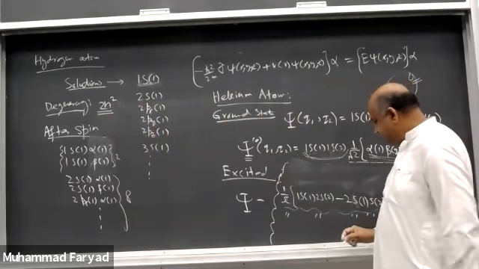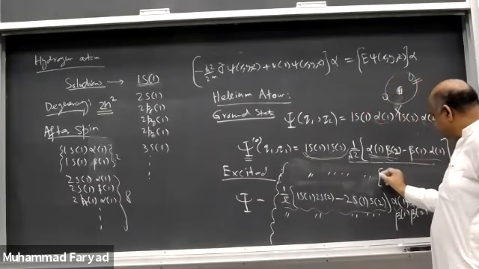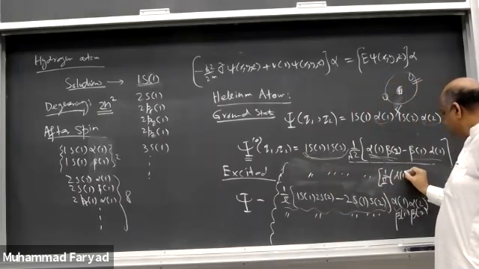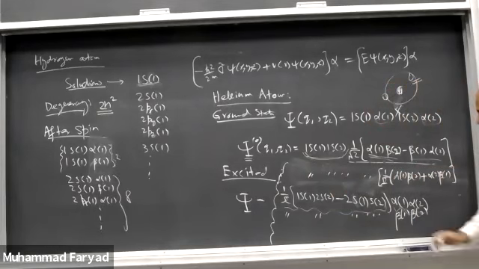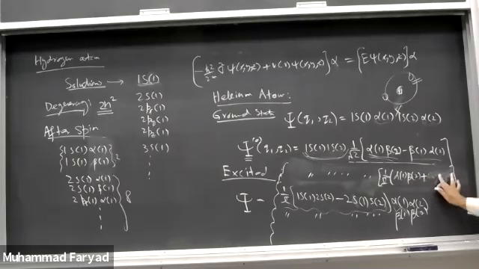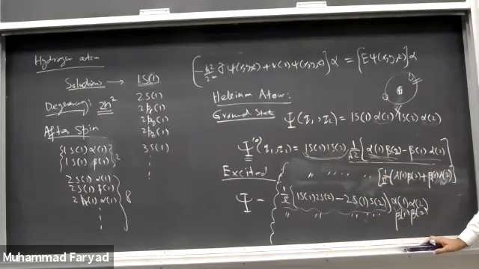कि यहां पे हम लिख देते हैं यही वाला, और यहां पे मैं लिख देता हूं 1/√2 अल्फा 1 बीटा 2 प्लस अल्फा 2 बीटा 1। तो स्पेशल पार्ट इन तीनों में सेम है, एक में अल्फा अल्फा, एक में बीटा बीटा, और एक में अल्फा बीटा प्लस अल्फा बीटा। नहीं, इसका हो जाएगा अल्फा 1 बीटा 2 प्लस बीटा 1 अल्फा 2। ये तीनों एंटी सिमेट्रिक वेव फंक्शन है, लेकिन इनका स्पिन जो है वो तीनों का सिमेट्रिक है, और इनका जो स्पेशल पार्ट है वो तीनों का डिफरेंट है, वो है एंटी सिमेट्रिक।